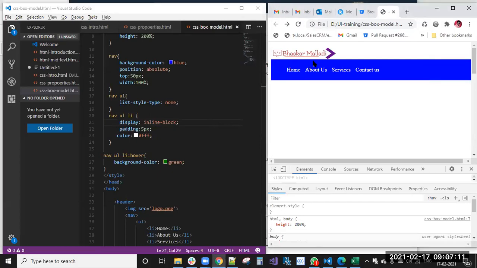Okay, so from the top 50 pixels it moved.